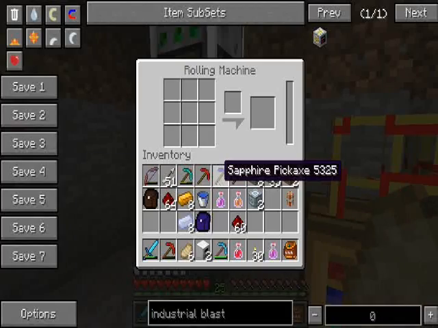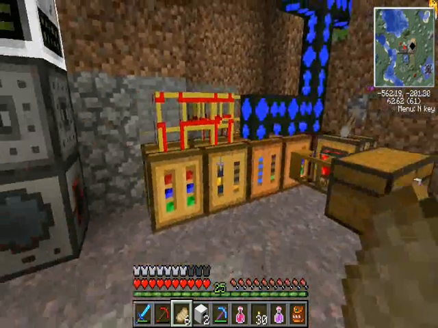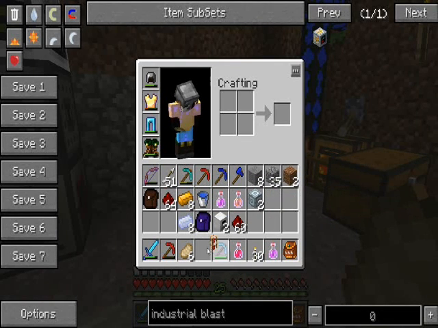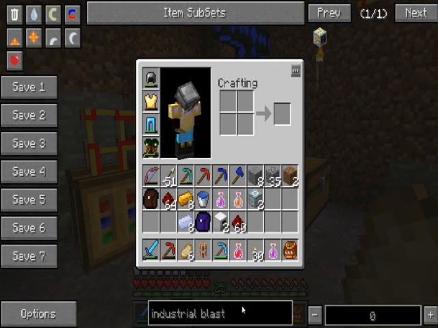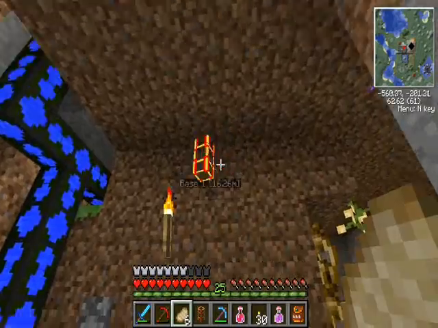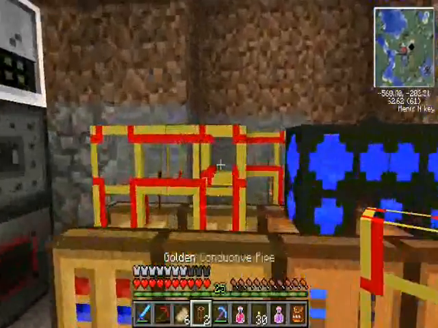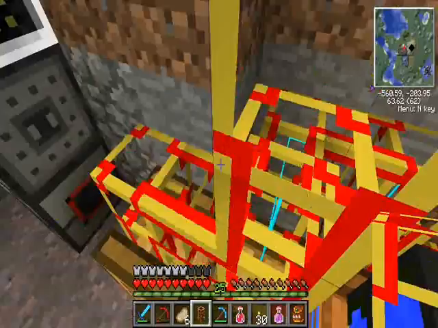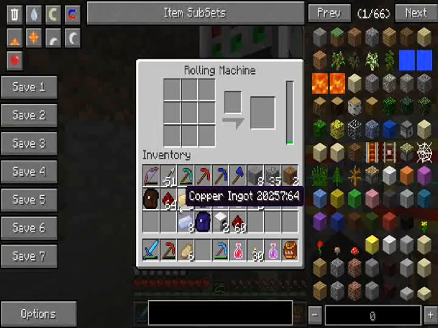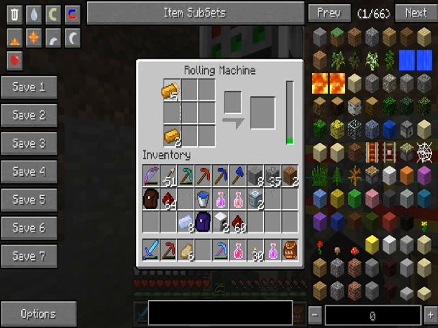Alright, so here's my rolling machine. Now, I don't particularly require the other chipsets right now. I've just got those being made because if I need chipsets for anything else in the future, at least I know how to make them. And the pulsating ones do take ender pearls, so just keep that in mind. So now I'll just hook the power back up to the basement area, and I'll hook that up to the rolling machine. And in the rolling machine is going to go all the...